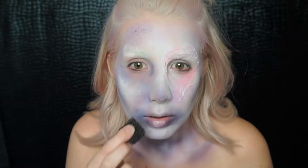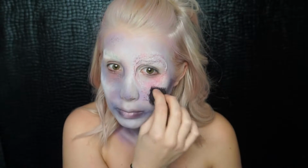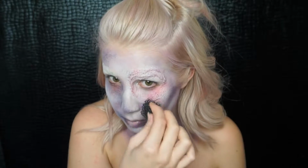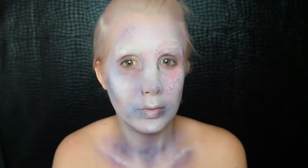I am doing that because if you've ever had such a bad bruise, you can see the blood kind of pool in the different spots. Like you can see all your different blood vessels or capillaries. I'm not a doctor. I'm not a nurse. I just know what it looks like. So we're just creating those little patches where most of the blood will pool, just to create some different textures